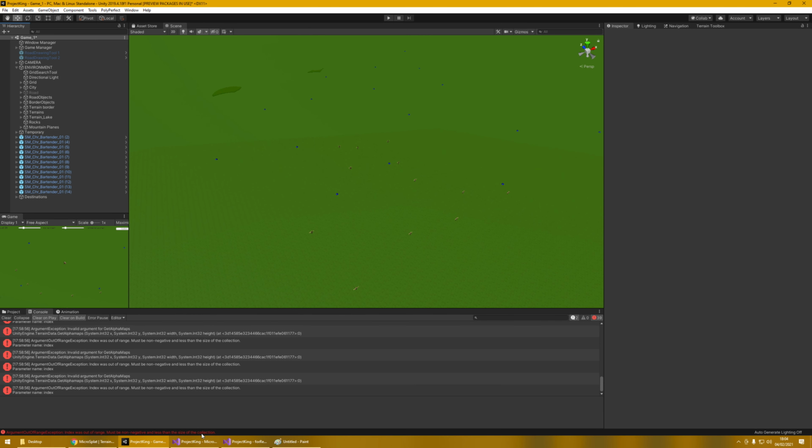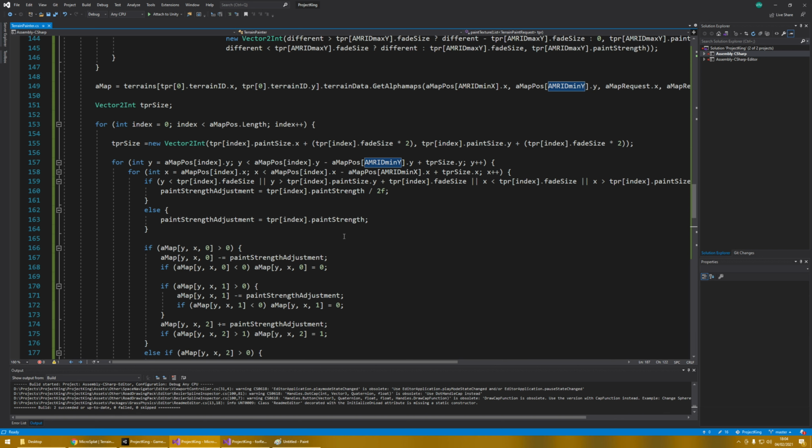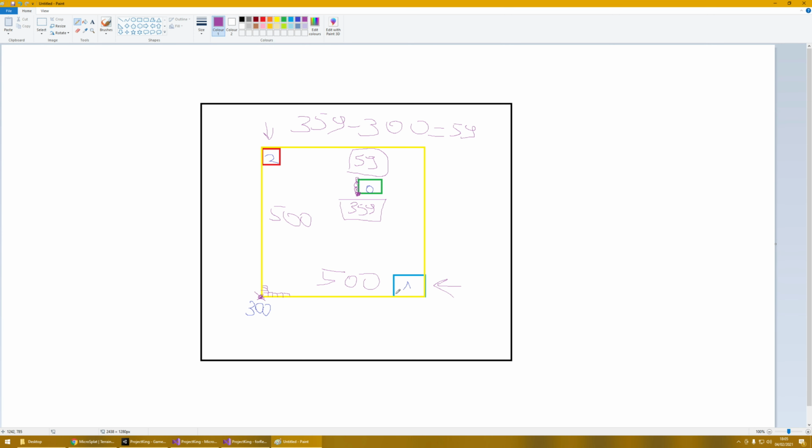So we have some errors. One of the things I forgot about, in addition to all this, is that y must be less than the map request. Oh, we need to add that y is less than map request dot y. So in other words, if we have a cube like this, and I think we painted a pink one, if the pink one is outside of the yellow request because it's outside of the terrain,